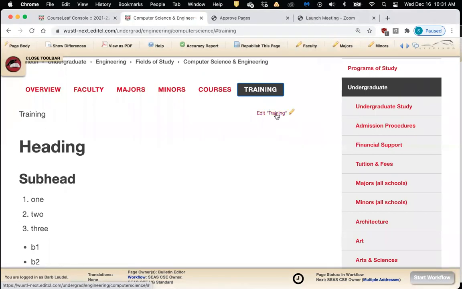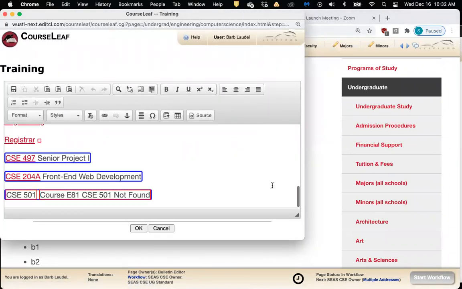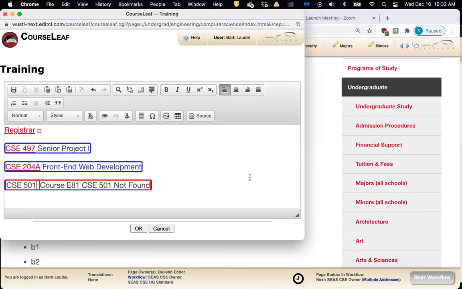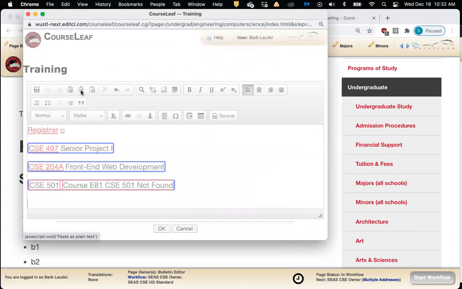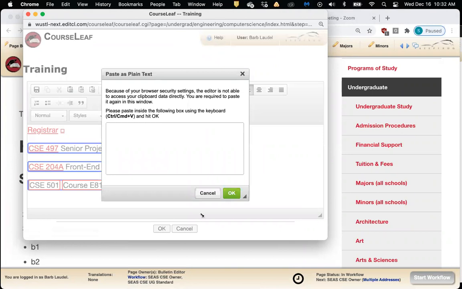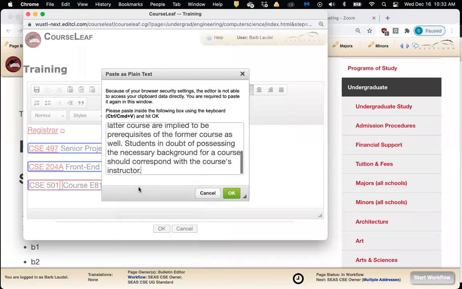Go to the training tab and open up the training page body editor. And then when I go ahead and paste this in, I want to click on this little clipboard with a T in the middle of it right here. It says paste as plain text, and it will open up this pop-up box, and I'll just right click and hit paste.